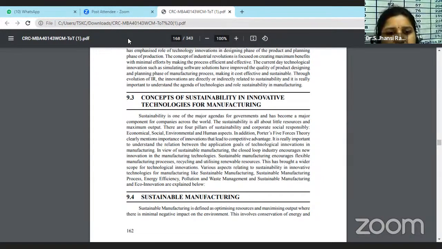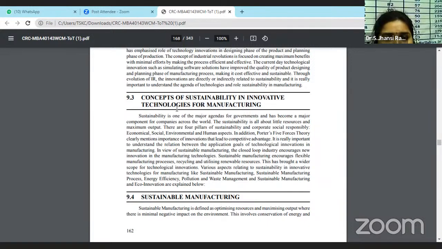the importance of innovation, which leads to competitive advantage, and all of this together forms closed loop technologies. This is a closed loop industry where new innovation in manufacturing technologies has evolved. And apart from this, now if you can see, there are various aspects relating to sustainability in innovative technologies for manufacturing, like